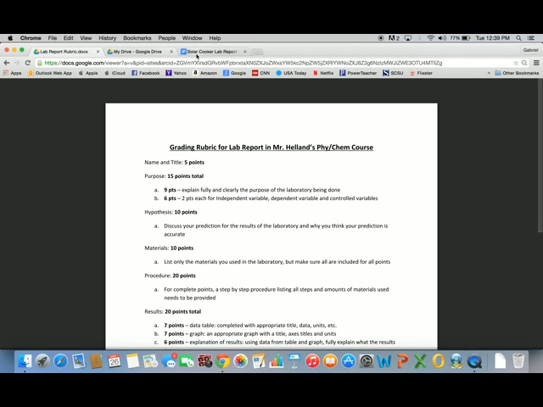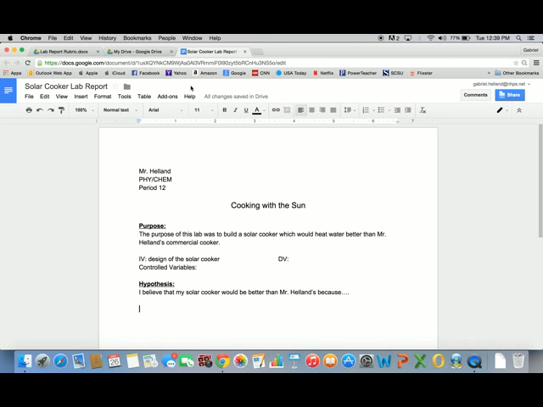The next section were the materials. So again, bold, underline, materials. Now I'm going to list them here just because some people may have missed class and so forth, but you were given cardboard, tape, plastic wrap, foil, that's actually aluminum foil, right? Aluminum foil,